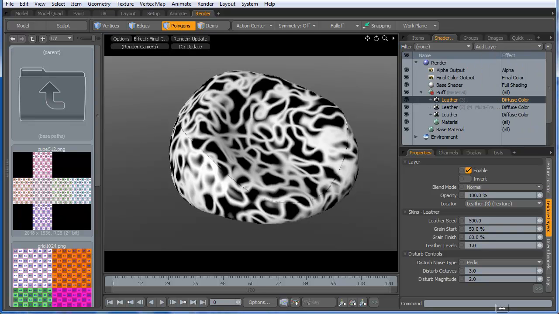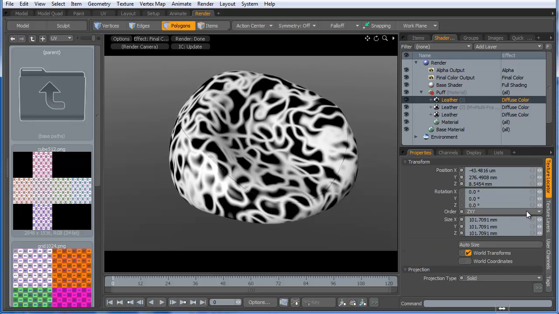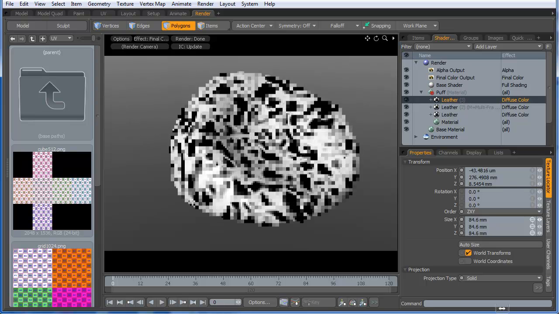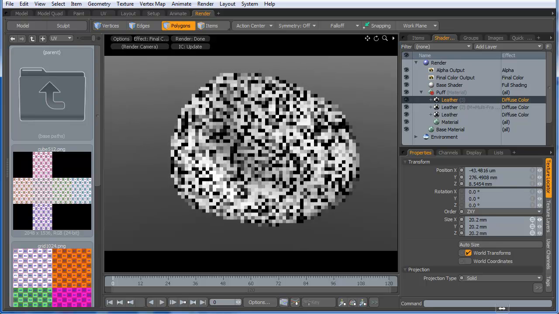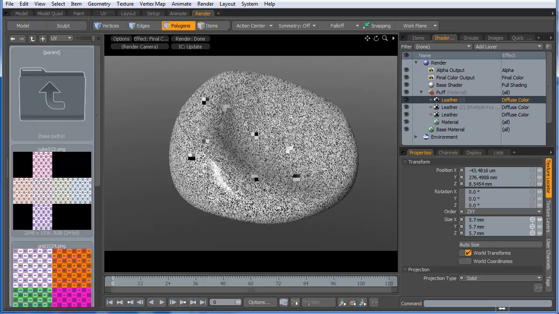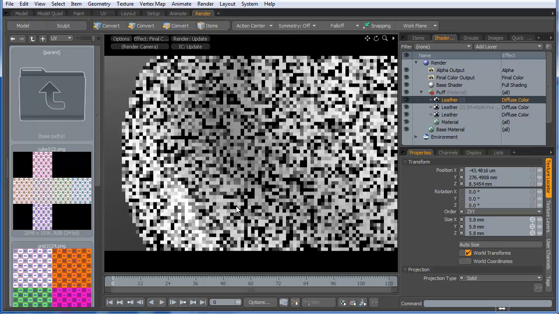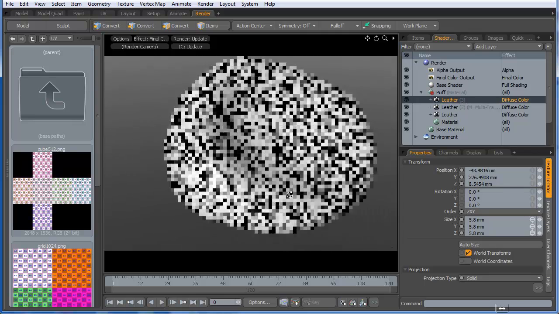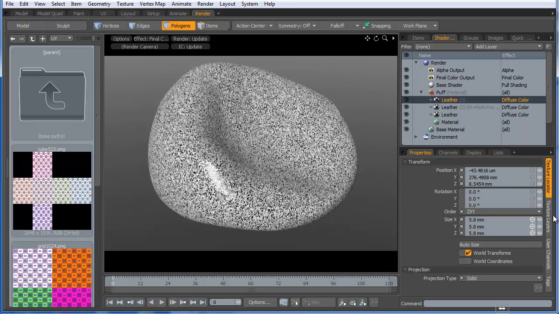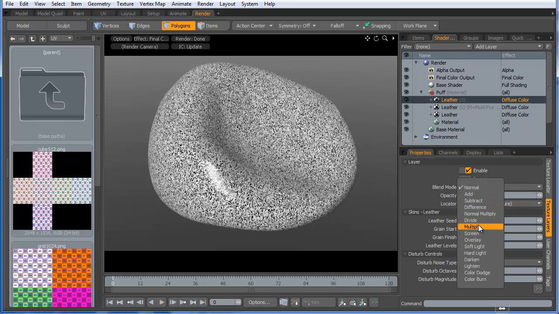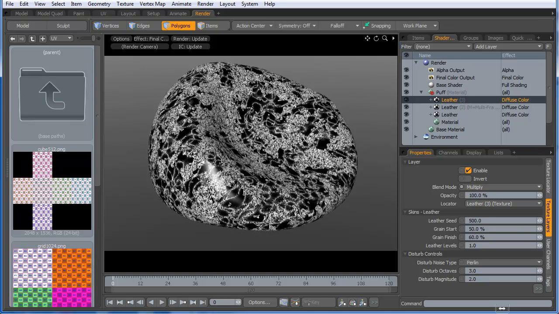skin leather texture, and this one I would like to have very little, so I'm going to choose something about 5.8 millimeters, and I'm going to set it to multiply. Okay, and we need it to be 50% opacity,